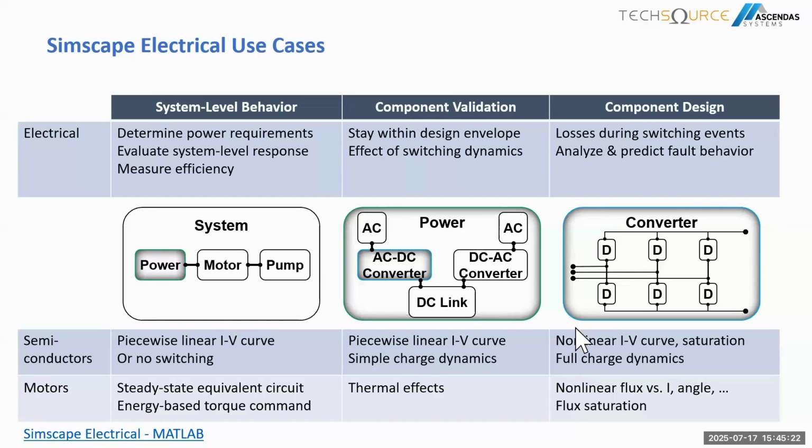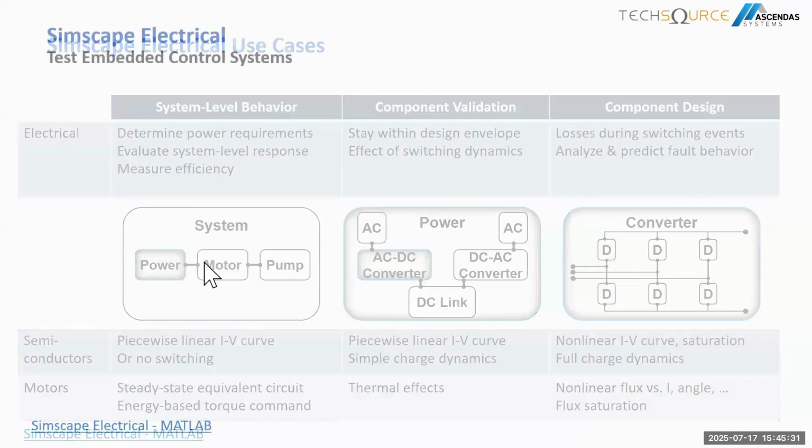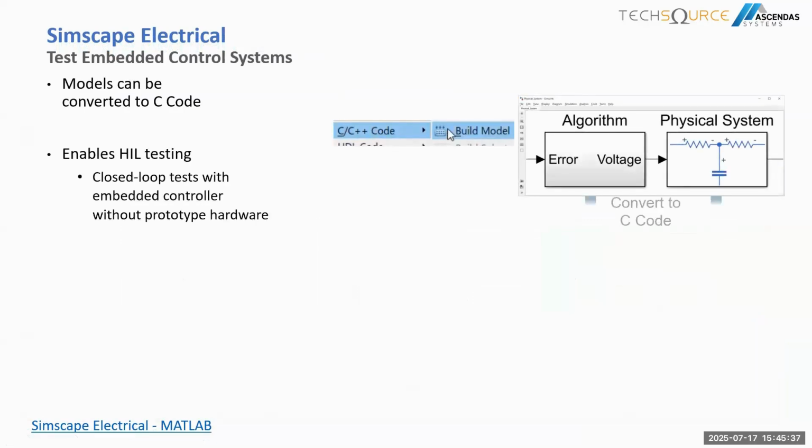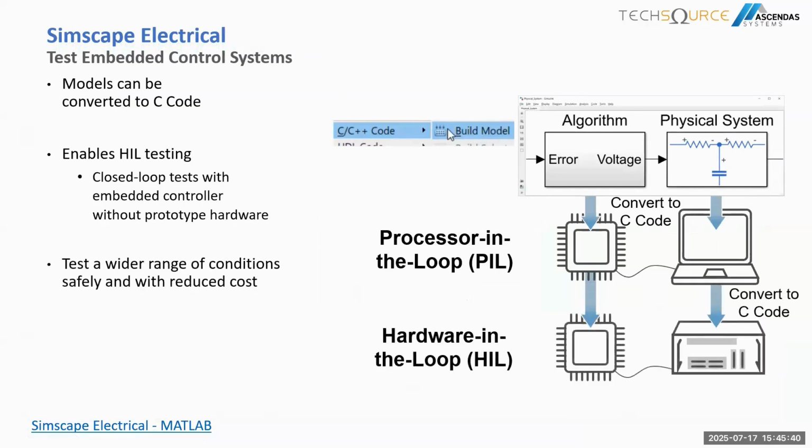So I think those are some key points that I want to share with you, so that you know you are able to develop those electrical systems in this case. So yeah, model test control systems within electrical. These are just what I'm showing here as a workflow. Your models can be converted into C code. It can be auto-generated code, so from your physical systems, you can generate the code so that it becomes a virtual environment.